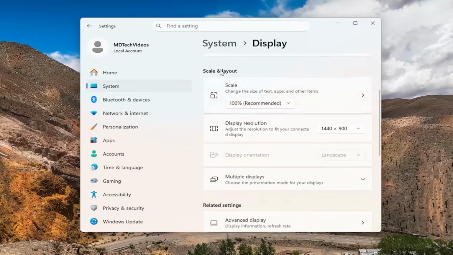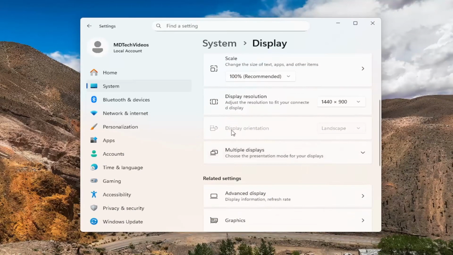Scrolling down underneath Scale and Layout, there should be a section that says Display Orientation. You can click the drop-down and select either Portrait or Landscape mode if your hardware supports it, and that's pretty